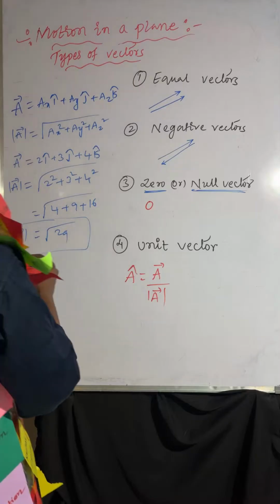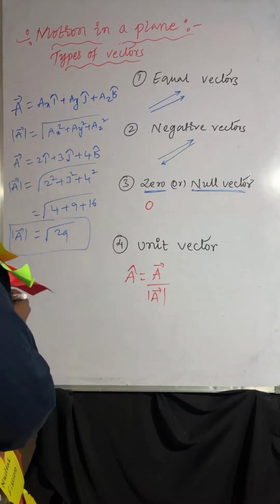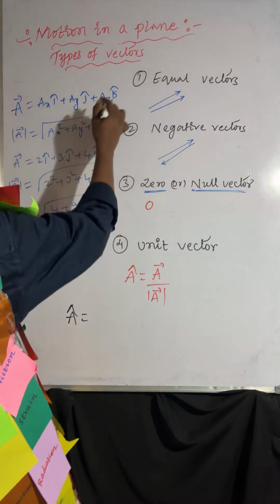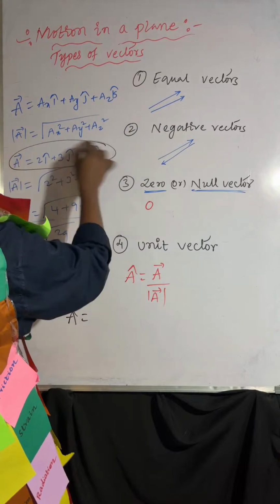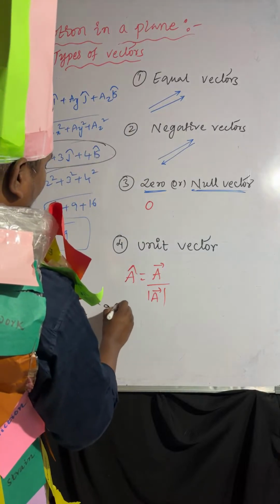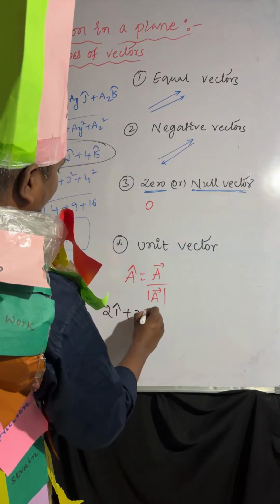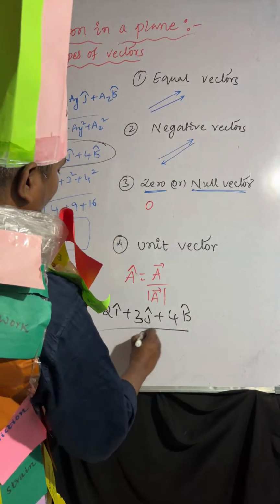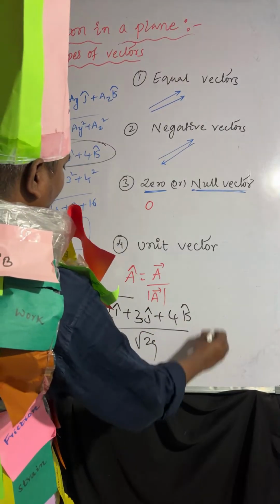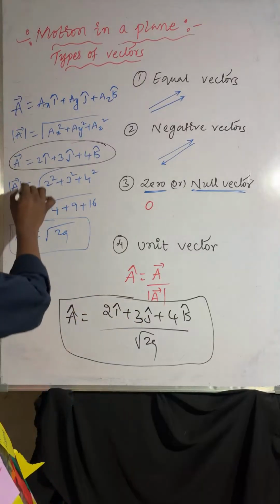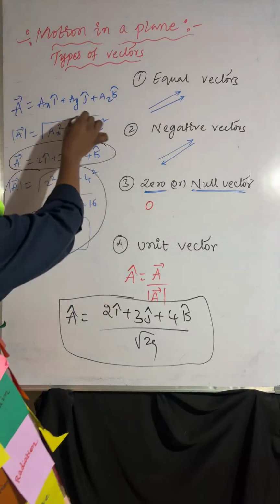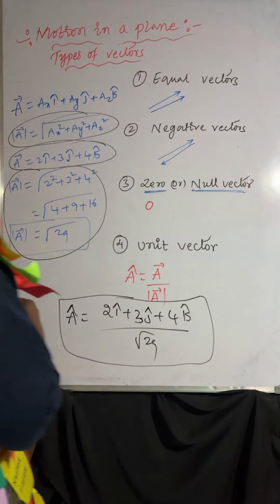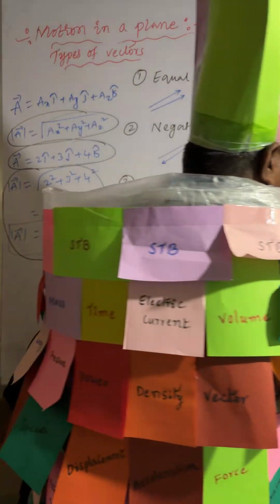Okay. So how can we write A cap equal to A bar by mod A bar? A bar is this one, 2i cap plus 3j cap plus 4k cap, divided by root over 29. So like this we can find out. Magnitude means we have to find out like this. So this is the magnitude of the vector. Understood or not? So I hope it is very clear. This is about unit vector. Next one,